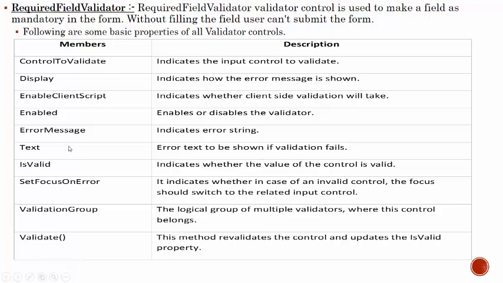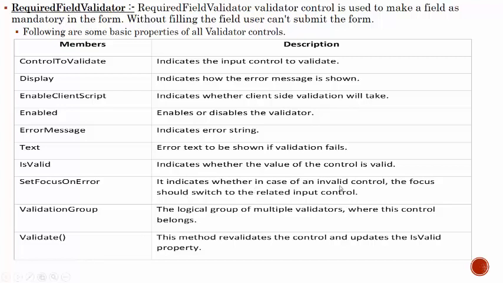So what is the difference between error message and text? Basically, the error message is displayed in the validation summary control and text is displayed on the control. Next one is IsValid. It is a server side property. It will return true or false: if the control is validated, it will return true, otherwise it will return false. Next one is SetFocusOnError.